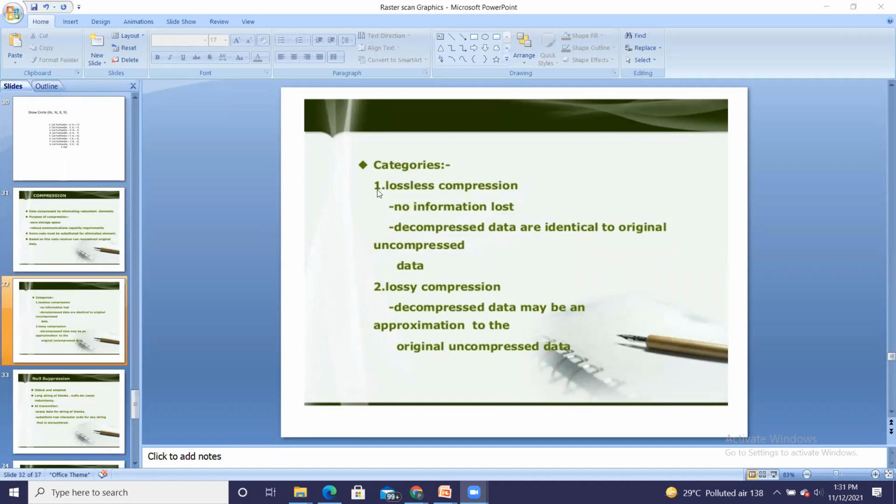Lossless means there is no loss in the code and program in this type of compression. So no information is lost. Decompressed data are identical to the original uncompressed data. So this is very important. Lossless means no loss takes place in the reconstructed, that is, decompressed data.